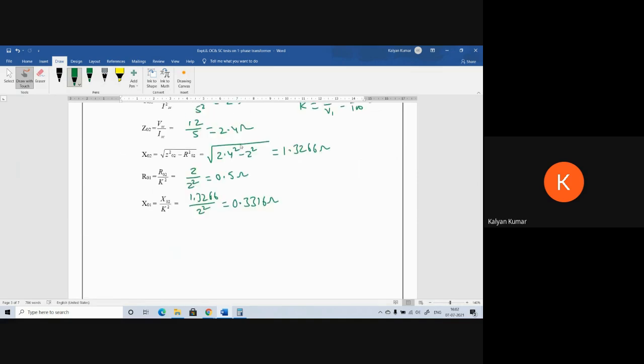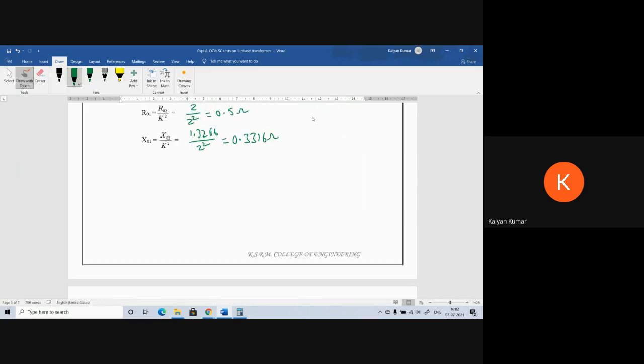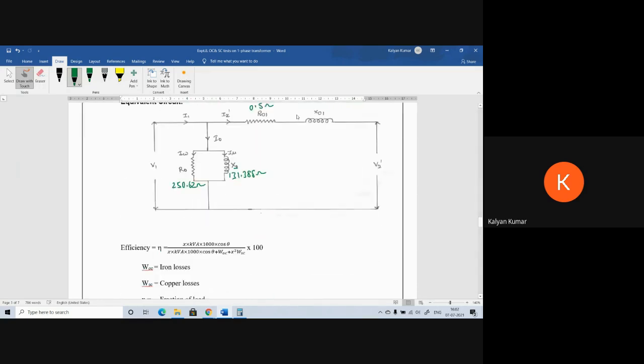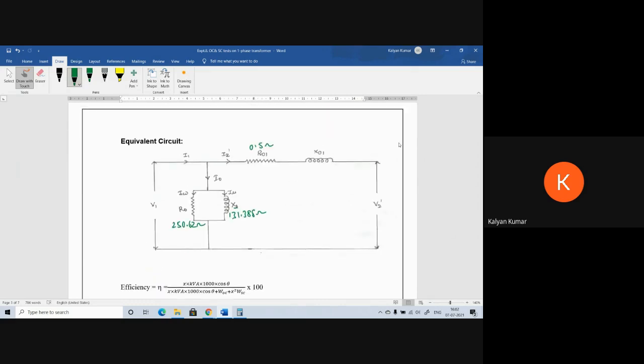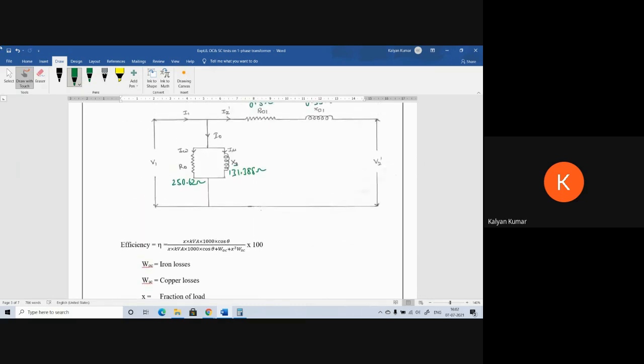R01 is 0.5 ohm, and X01 is 0.3316. Now the equivalent circuit is completed. Now we need